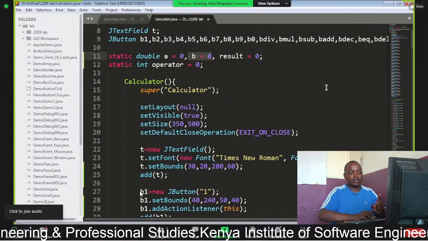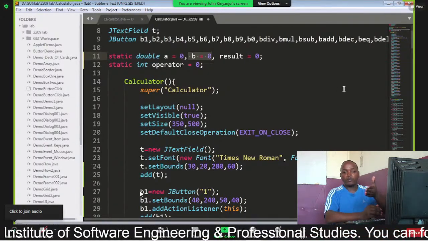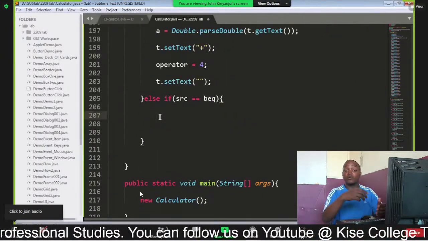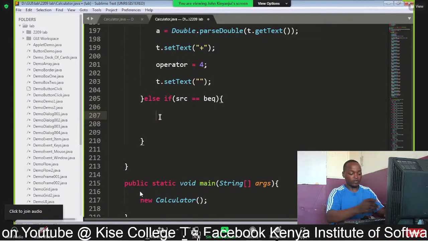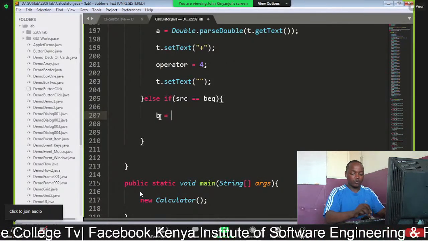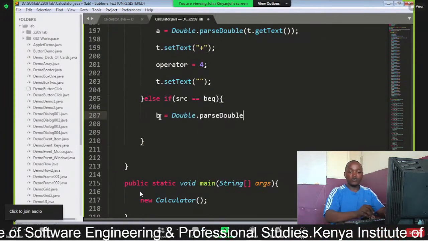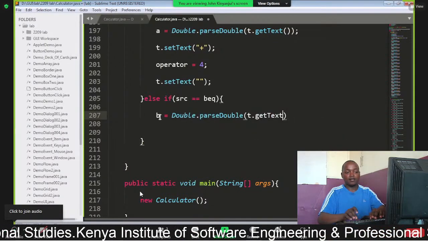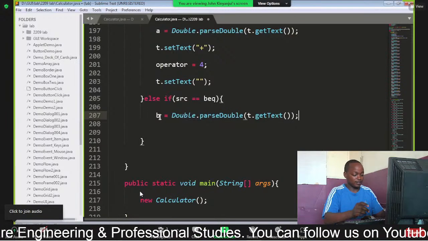B is supposed to be a variable to pick the second number. So we'll just come back down here. Since the first number we have already picked before we press the operator, now let's pick the second number the moment we press the equals rather. So B will follow the same process, double, we call it parse double method, and then we convert whatever we're going to be reading from our text field, like that. So we'll still have to terminate that. If that is the case,